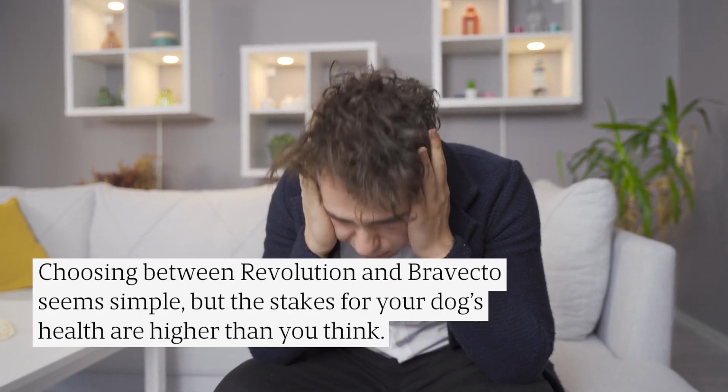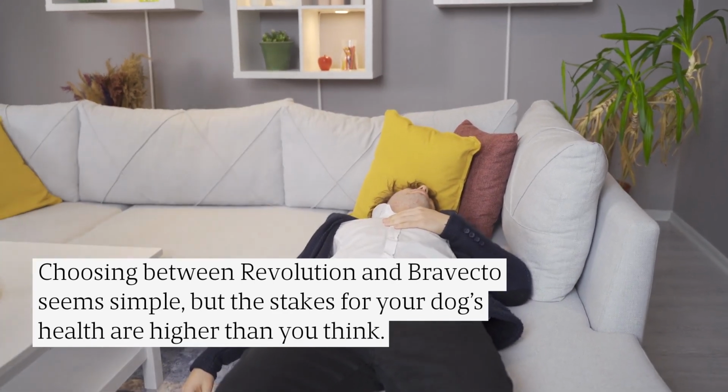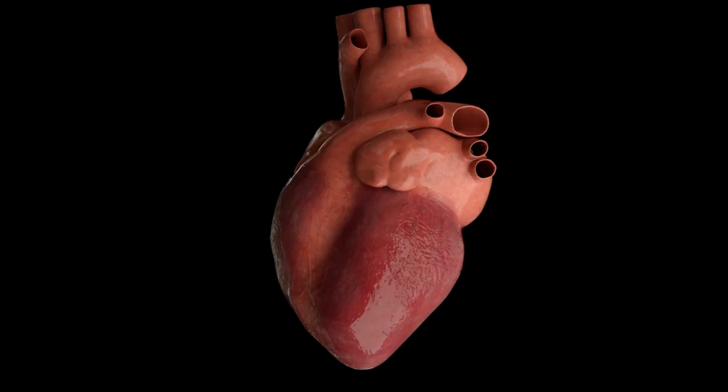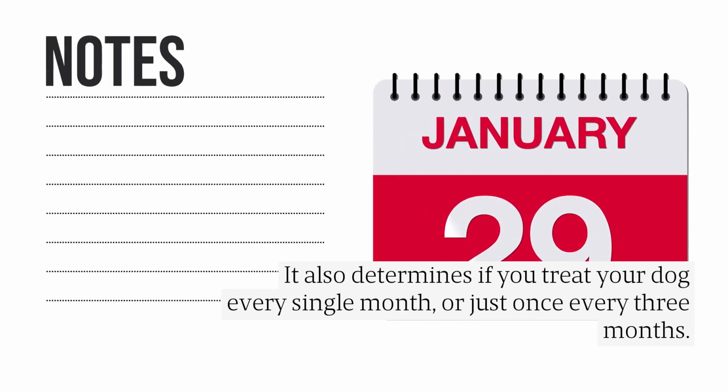Choosing between Revolution and Bravecto seems simple, but the stakes for your dog's health are higher than you think. What if one of these requires a flea to bite your dog to work? This inside-out versus outside-in method changes everything. This single difference impacts protection against other deadly parasites, including heartworm, a potentially fatal condition. It also determines if you treat your dog every single month or just once every 3 months. Convenience matters. We will break down application, mechanism, protection, and safety to help you make the best, most informed choice